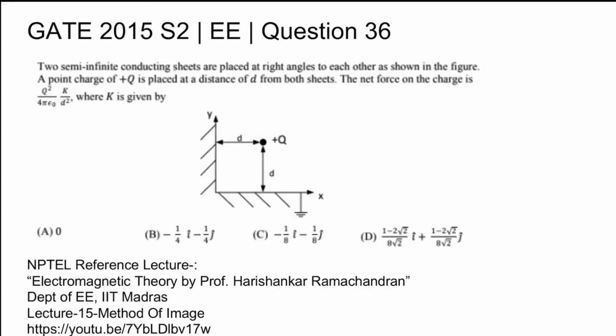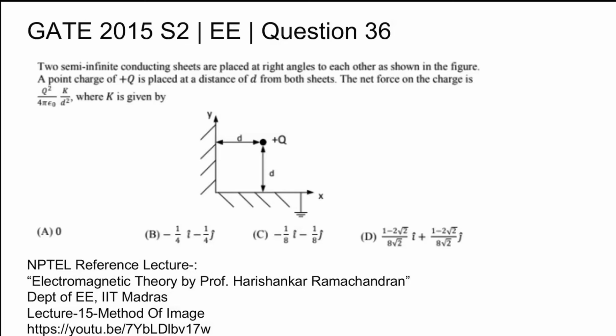This is GATE 2015 set 2 electrical, question number 36. It says two semi-infinite conducting sheets are placed at right angles to each other as shown in the figure. A point charge of plus q is placed at a distance of d from both sheets. The net force on the charge is given by q squared by 4 pi epsilon naught times k by d squared. Now the k value is asked. So for this given configuration we need to find out the net force